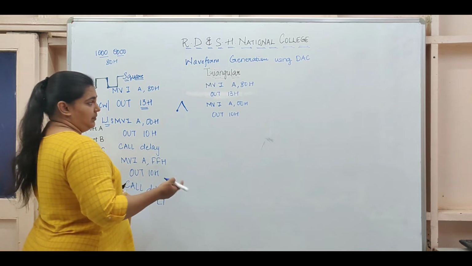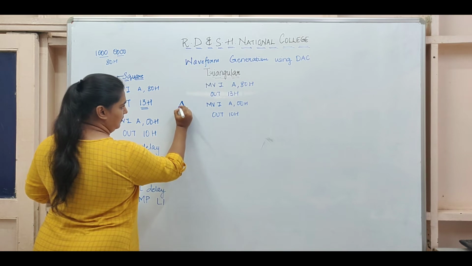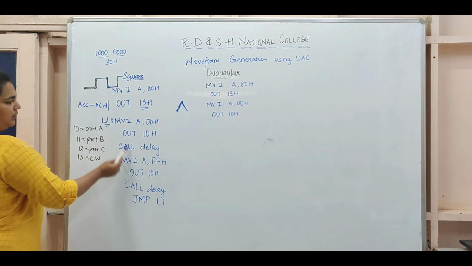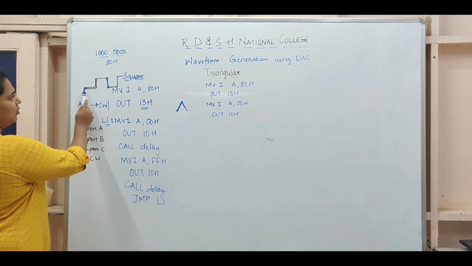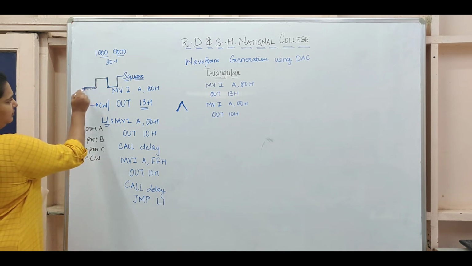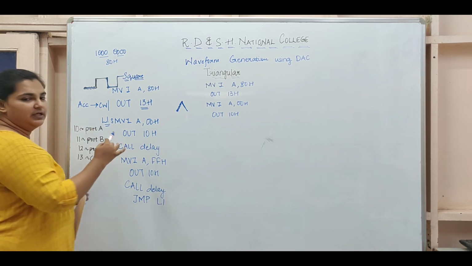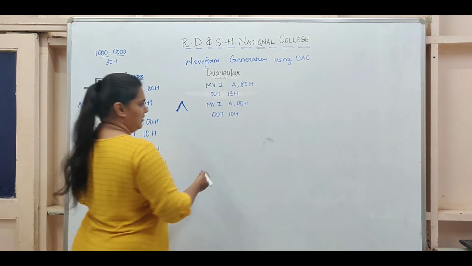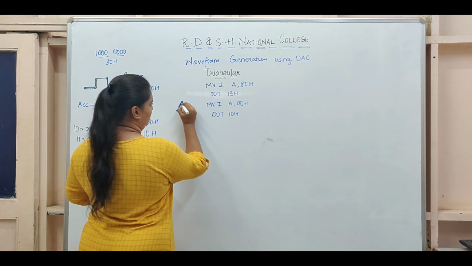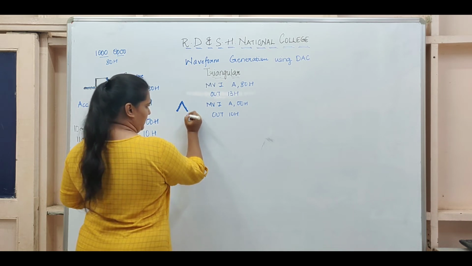What is our next step? Do I want a delay here? No. I want to increase with time. So time keeps passing. Even here, when you've done call delay, you are only giving the y coordinate, that is 0. The x coordinate, which is time, keeps on increasing on its own. So same way over here, I have to just give my y coordinate value. The time itself will keep increasing as the processor progresses.